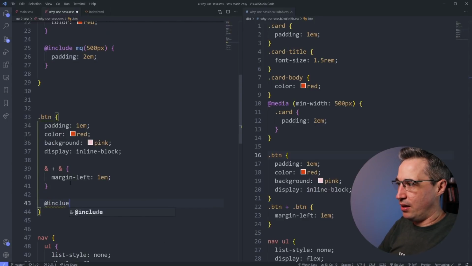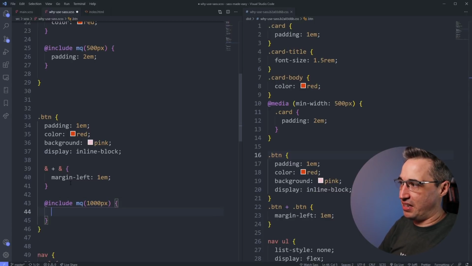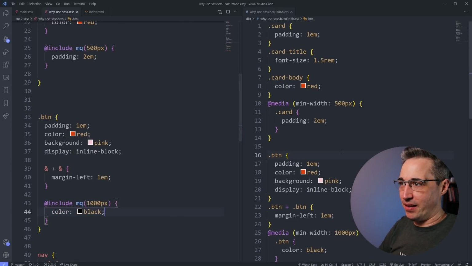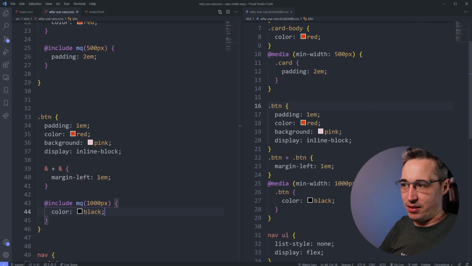@include MQ. Let's say we do it this time, instead of 500 pixels, 1000 pixels, and we say that the color changes to black. Color becomes black. And then in this one, my media query is coming in, it's doing the card to padding 2, here the color is changing to black. So you can already see how you're writing less code, you don't have to set up the media query each time,